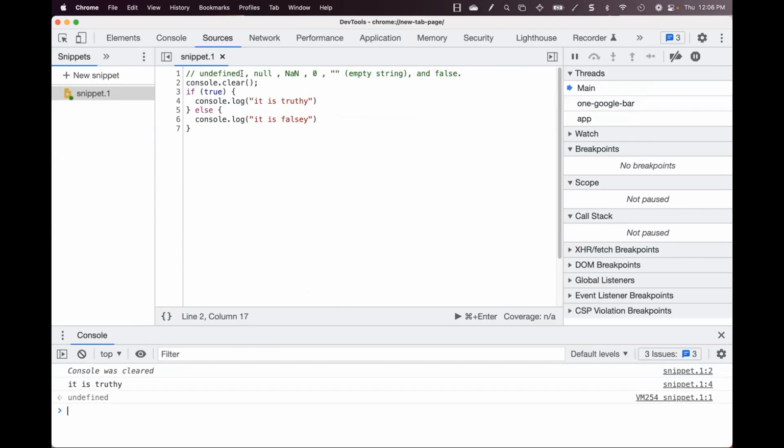Now, friends, undefined is a falsy value. So if I write undefined here, what will be logged? Truthy or falsy? It is falsy. If I type null here, it will give me falsy. If I have NaN here, it will give me falsy. If I have an empty string here, what will it give me? Falsy. But if I have an empty string with a space here,